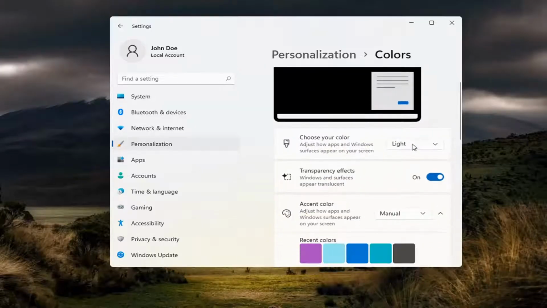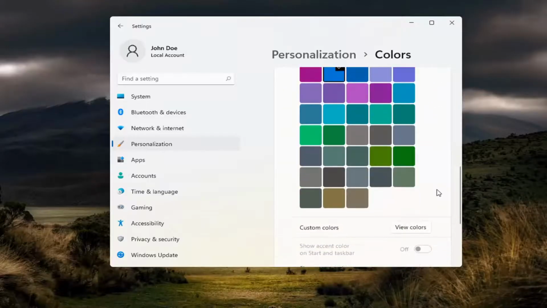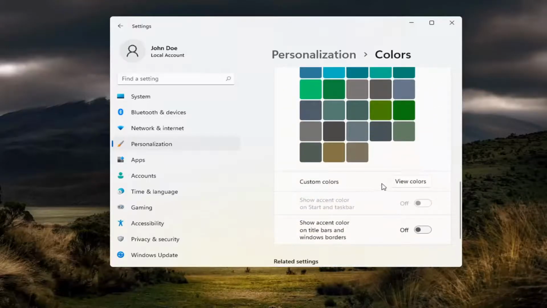And now you have the ability to go ahead and adjust your color, whether it be light, dark, or custom theme. And then you can also adjust transparency effects and then accent colors if you want it to be automatically selected alongside your desktop wallpaper or manually. That's your personal preference. And if you go down near the bottom where it says custom colors, if you click